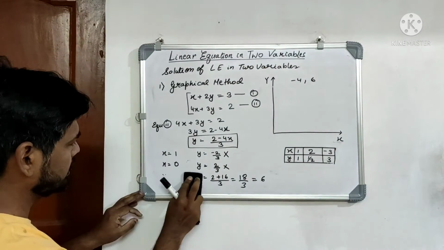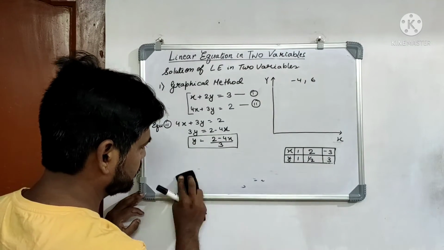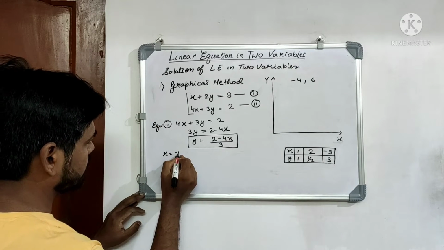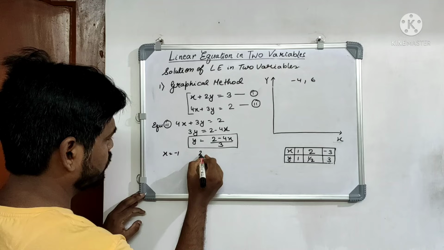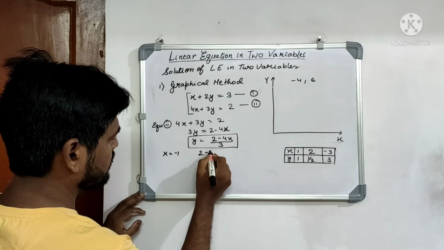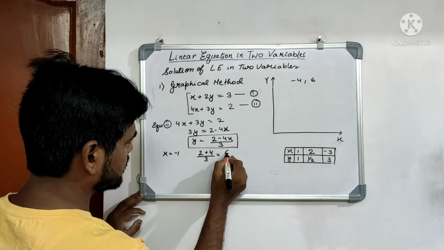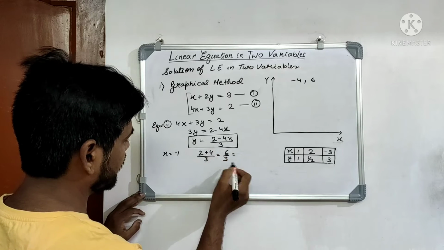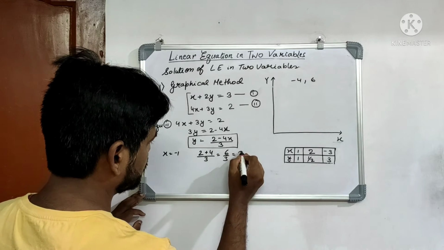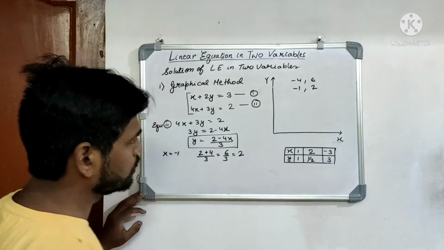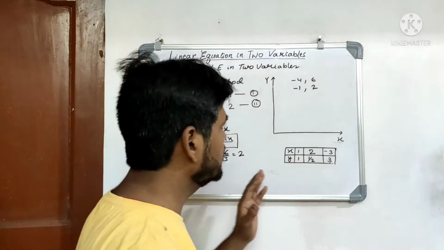Let us solve for another value. For x is equal to minus 1, 2 plus 4 upon 3, that is 6 upon 3, we will get a value equal to 2. For minus 1 we get a value equal to 2. We have got 2 points. Now these 2 points are